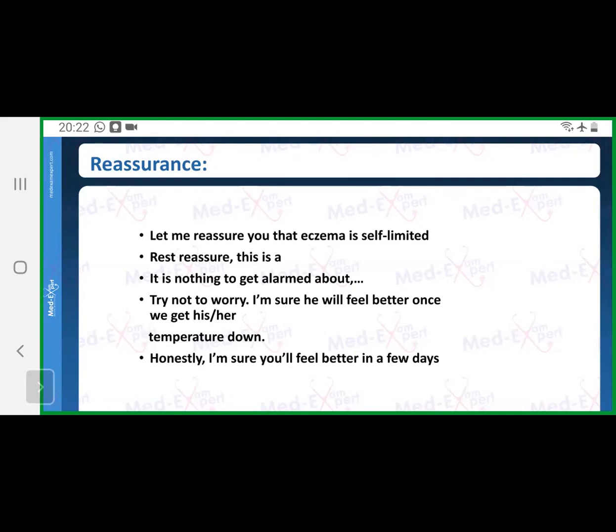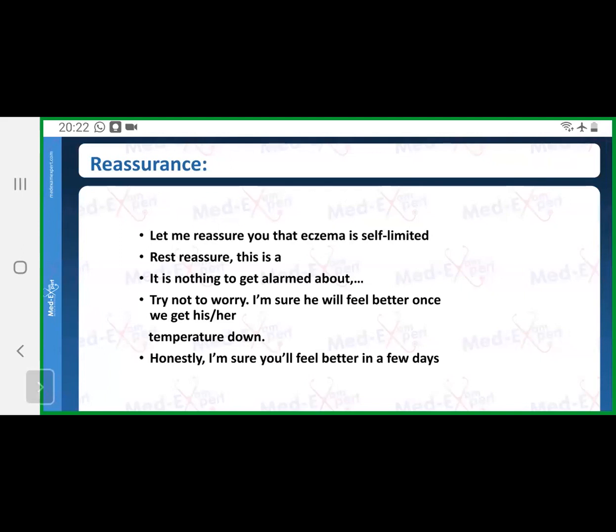So if the patient is fussy about something, for example he says that this medication gives me headaches. As we discussed in the scenario where the patient was suffering from osteoarthritis, you advise some medical management. For example, you suggest the patient takes paracetamol, and the patient says, no, I'm not going to take paracetamol because it is going to affect my kidneys and liver and something like that. You can say, I can understand your concern. Please be rest assured that it is not possible that this medicine affects your kidney and liver